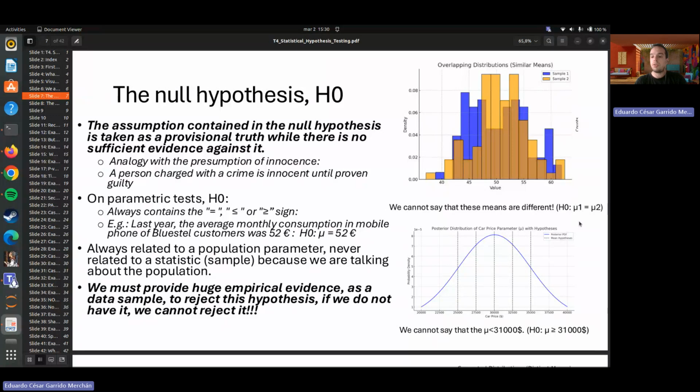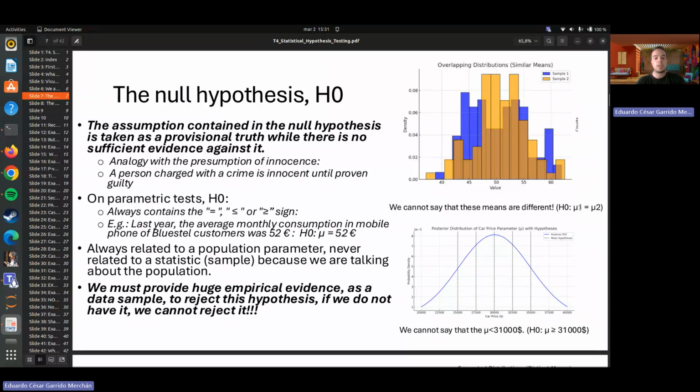And this refers always to the parameters. Why? Because the parameter is a fixed amount and generally unknown that we study in theory. So when we do the scientific method, what we try to do is to show that the current scientific theory about anything, for example, about a certain business strategy, whether we can merge with a company or not, whether our portfolio is profitable or not, or whatever, we are trying to show with empirical data that this is not really likely. Okay, so what you need to know is that in the alternative hypothesis and null hypothesis,